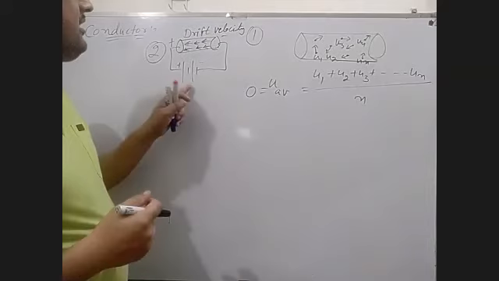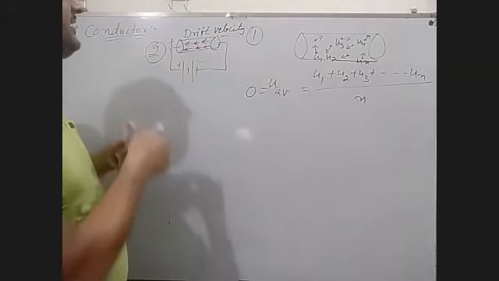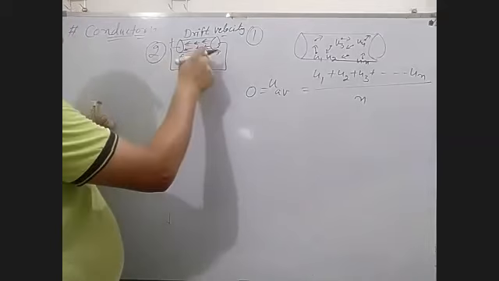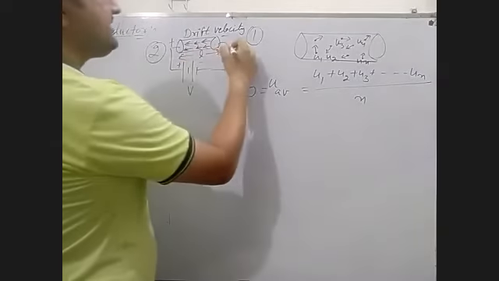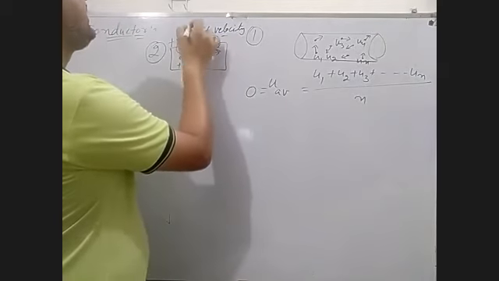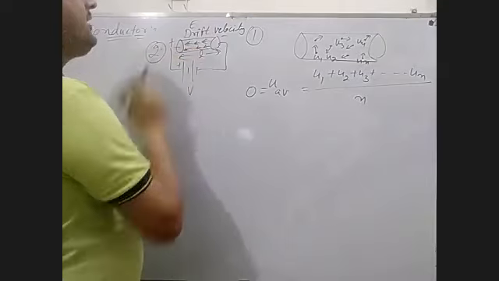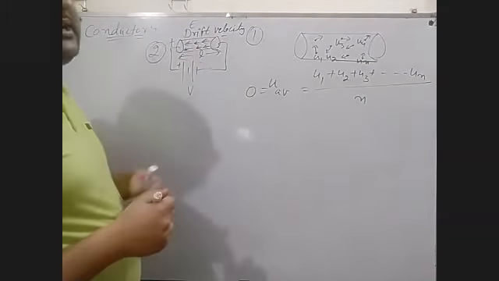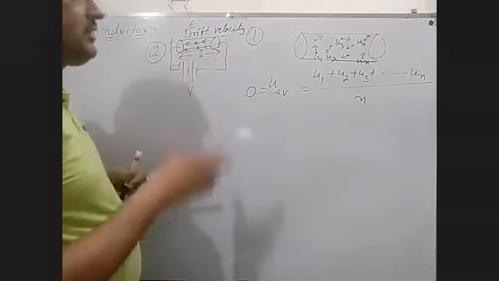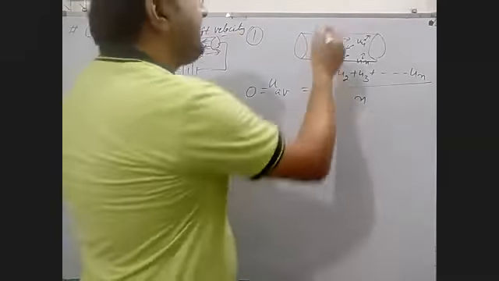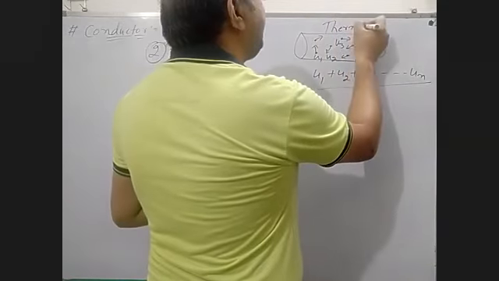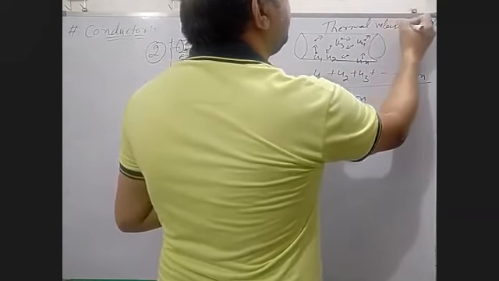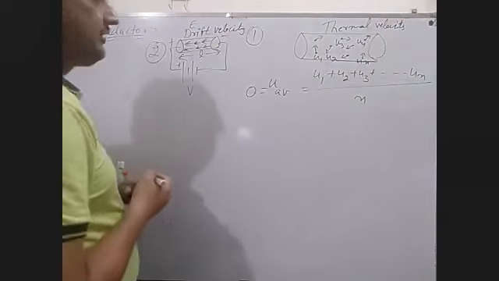After applying the electric field, we can say this is voltage V and this is length L of the conductor. So V and L are there, so an electric field arises on the conductor. This is the point we have to note: average thermal velocity before applying any electric field is always zero, and this is the drift velocity.